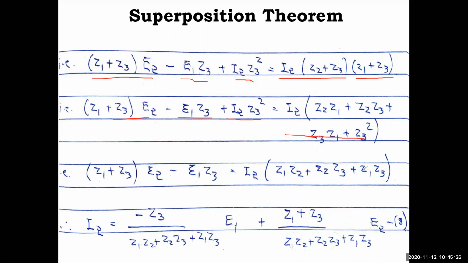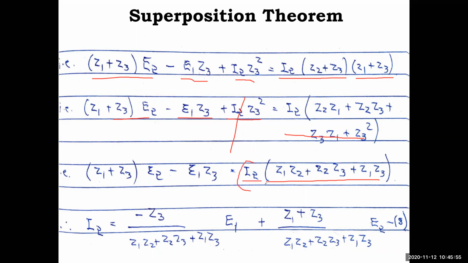Again, we will take here straight away, I have done. Okay, I2 Z3 square is there, I2 Z3 square is there, it will cancel out. Again that term is written, and simply two steps more. One time I have shown, that's why I removed it here and straight away I have written Z2 plus Z3 E2 minus E1 Z3 is equal to I2 times the remaining terms Z1 Z2, Z2 Z3 plus Z1 Z3. So now this equation is completely in E1, E2 and impedances and I2, there is no I1 term here.